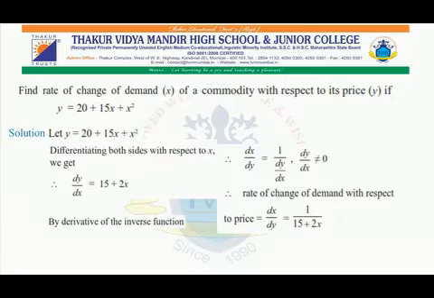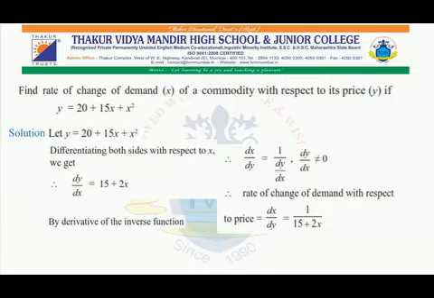Here we have to find the rate of change of x. So that means we have to find dx upon dy. But the function is given as y equals, so we will first find the derivative of y. Then we find dy by dx. Firstly we will differentiate the function and get dy by dx. After getting dy by dx, we will just take the reciprocal of it to get dx upon dy as asked in the question. See the solution.